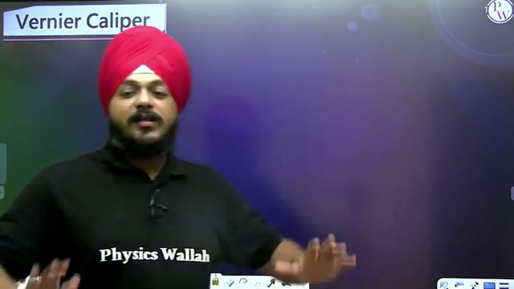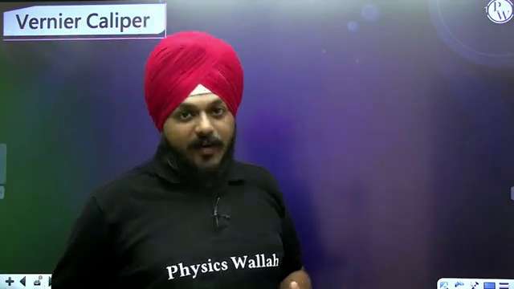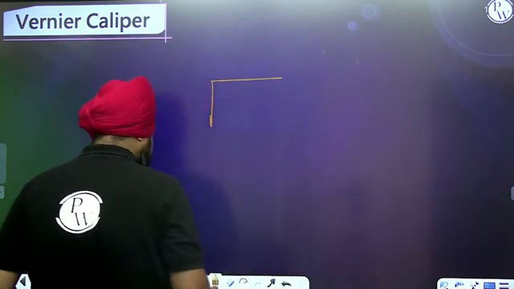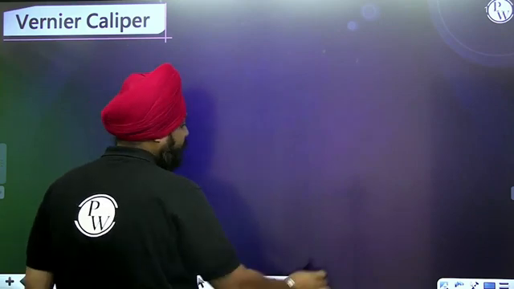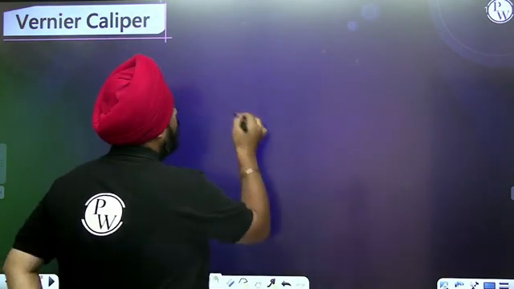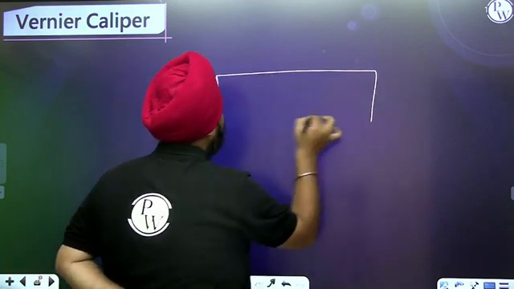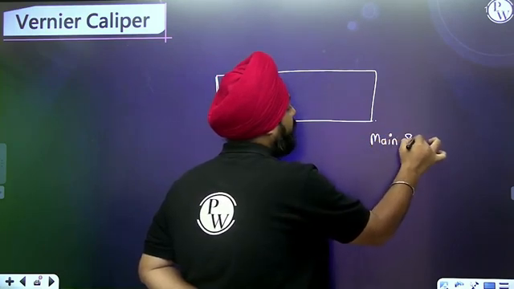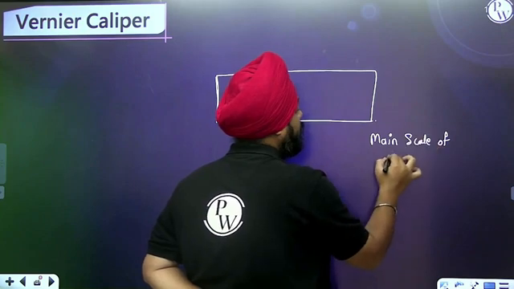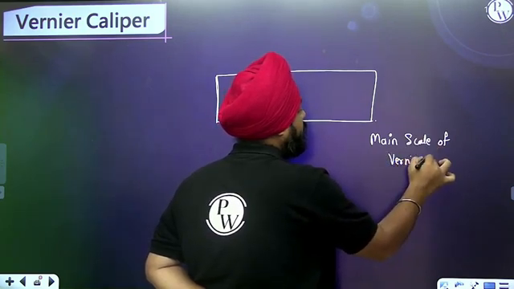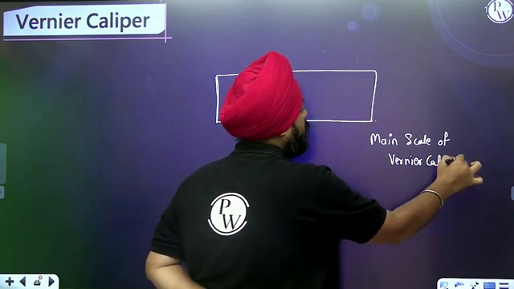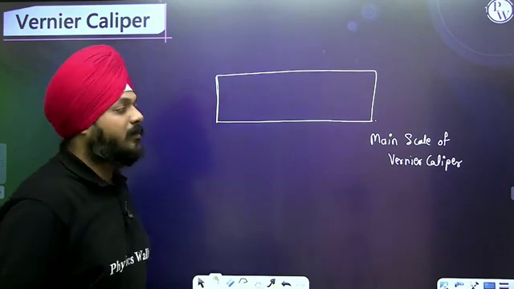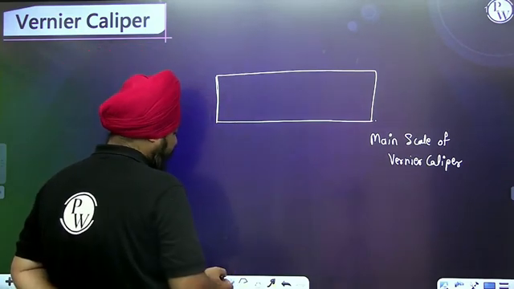Vernier caliper has a specific construction that we are going to discuss right now. Basically, Vernier caliper has 2 types of scales. This is the main scale of the Vernier caliper. Above this, we have another scale,